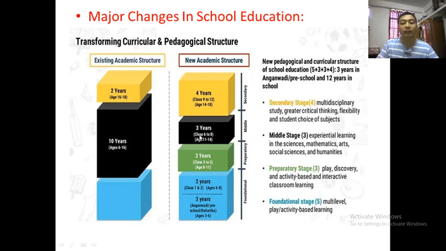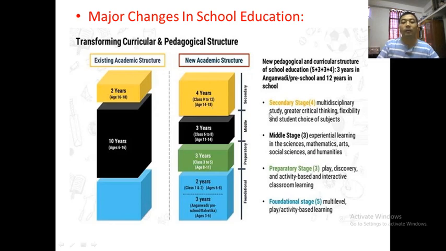The middle stage, that is class 6 to class 8, from age 11 to 14 years, that is 3 years, the children have to enroll. In this stage, content like experiential learning in science, mathematics, social science, arts, and humanities subjects has to be taught. And then the 4 years of teaching, class 9 to class 12, from age 14 to 18 years, the